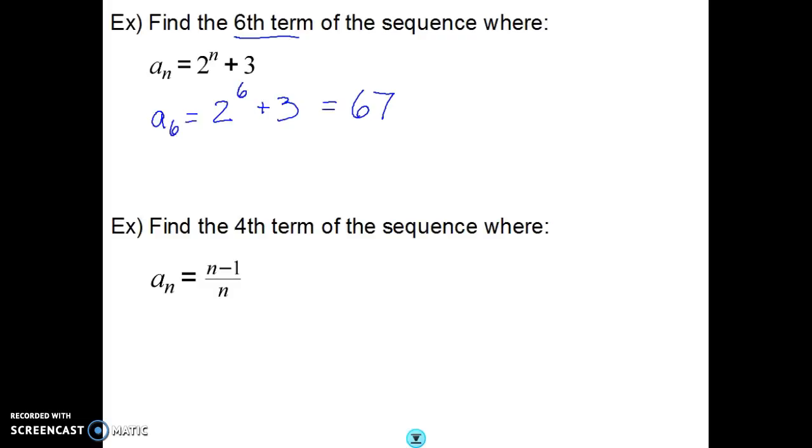In our last example, find the 4th term of this sequence, where a sub n is equal to n minus 1 divided by n. Well, a sub 4 then is just going to be 4 minus 1